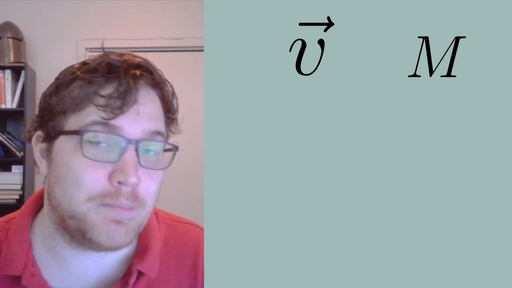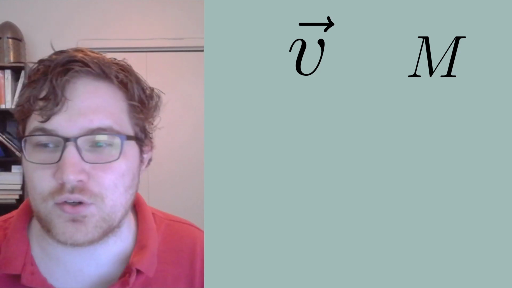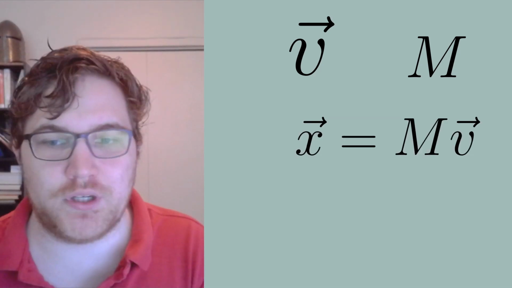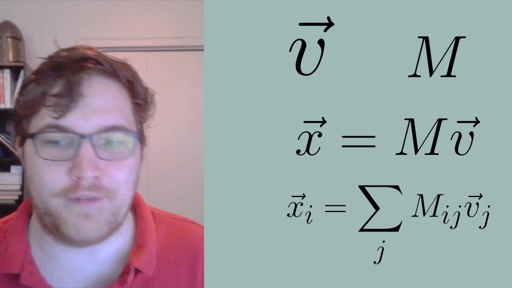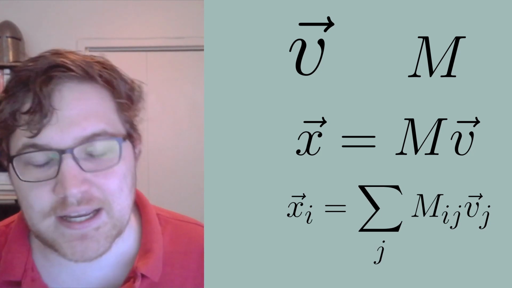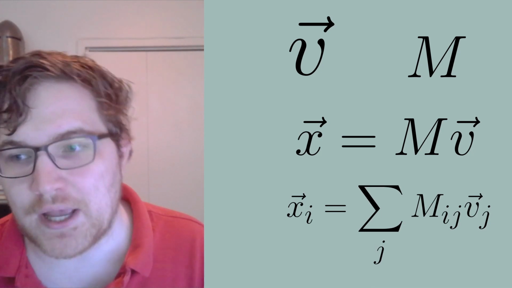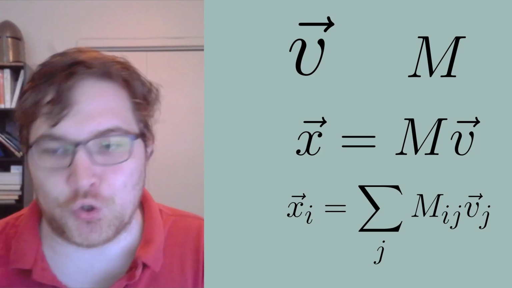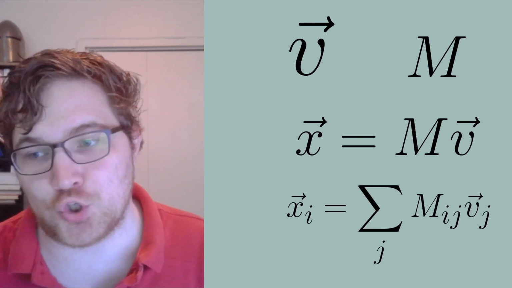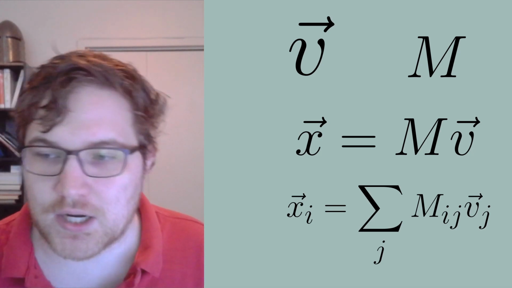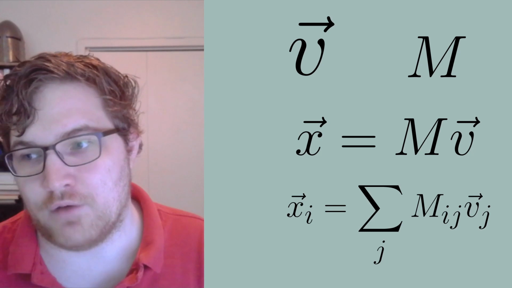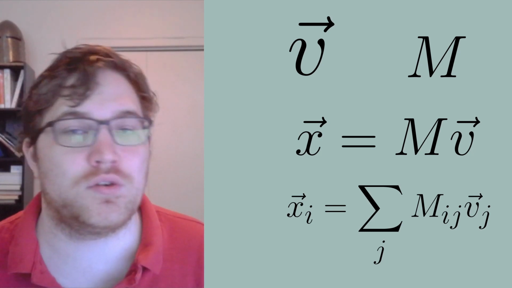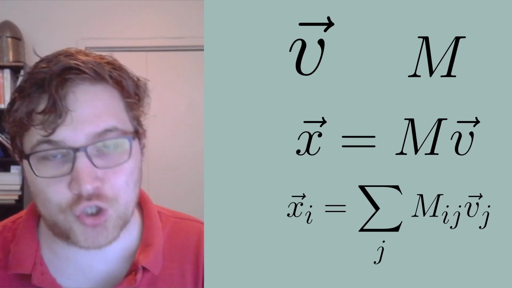We already know how to combine rank 1 and rank 2 tensors in the form of multiplication. The ith entry of our new vector x here is taken as the sum of the entries seen on the right. We sum over the multiplication of the ith row and the jth column of the matrix times the jth entry of the vector. And for the purposes of our discussion here, we refer to this as a contraction over